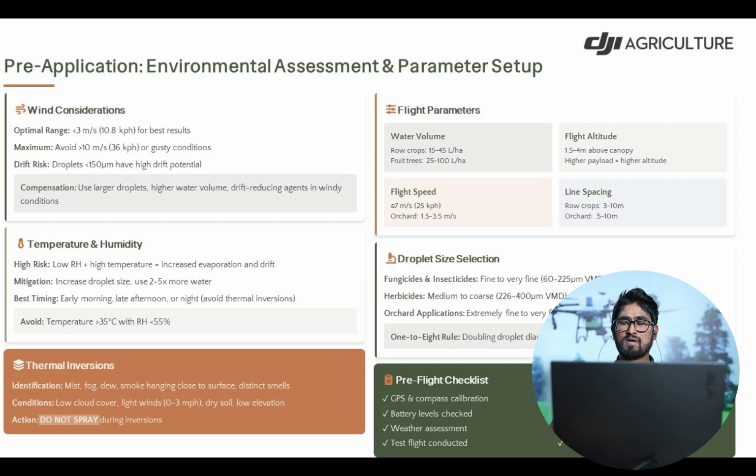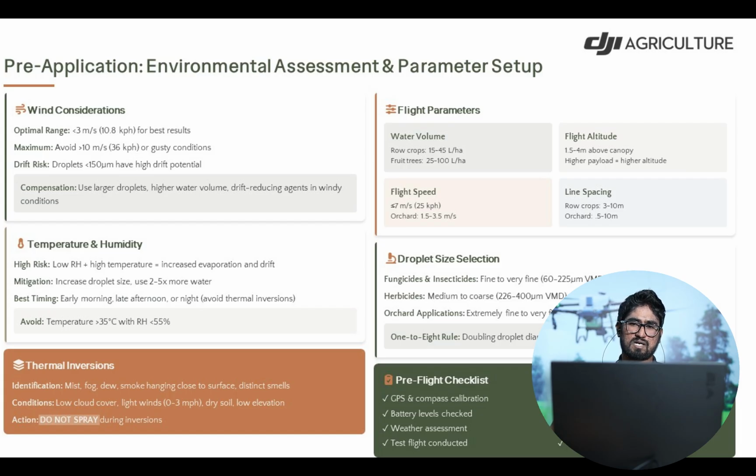So actually it depends on crop details, crop phenological stages and environmental conditions. We always try to keep our speed less than 7 meters per second to get better results. Results mean chemical efficiency and improved productivity.